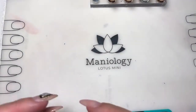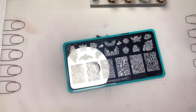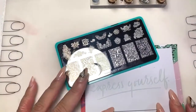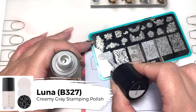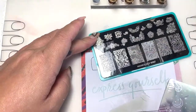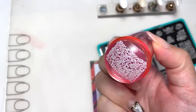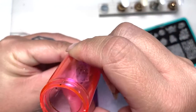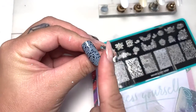So first we are going to do Luna, since that is the order that we started with. And I'm also going to try and put a little sheet under here so that way I can hopefully keep my mat clean. Whoops. There we go. Voila. So, as you can see,